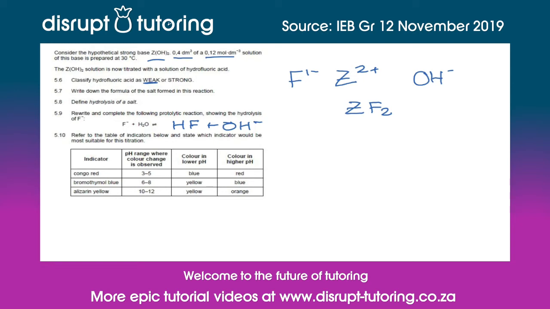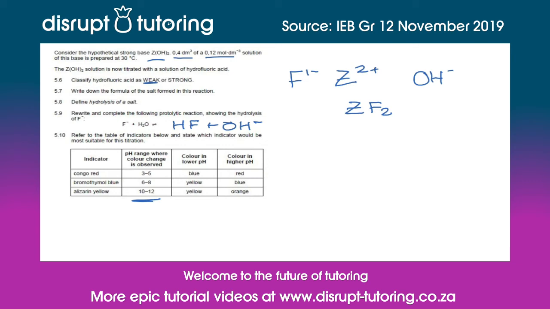The last question asks us to state the most suitable indicator for this reaction from the indicators listed in the table. Different indicators change color at different pH levels, meaning that the indicator will only work for a neutralization reaction with an endpoint pH within its pH range. As we can see here, the three indicators given change color at low pH, close to neutral pH, and high pH. To determine which one will be best for this reaction, we need to know the pH of the endpoint